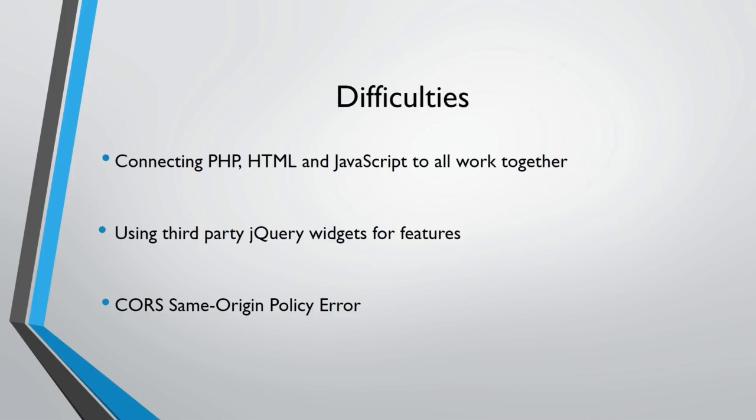Using third-party jQuery widgets for features. So we use date picker and time picker, described earlier. I use moment.js. That's used for event creation and validation. I had to look at their documentation and examples for implementation of our scripts, and it worked out in the